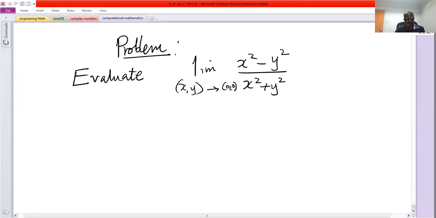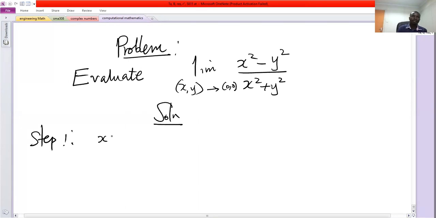Good. So this being the origin, it means that if we carry out step 1 and step 2 and the answers are the same, we'll have to go to step 3, and if they're the same, we'll also go to step 4 before we make a conclusion. So remembering the steps we listed earlier on how to determine limits of a function f of x, y as x and y approach the origin. Solution, step 1